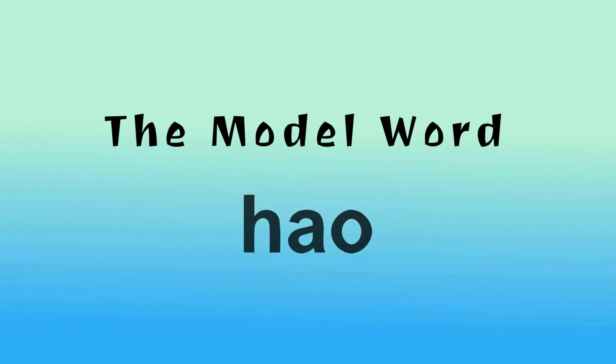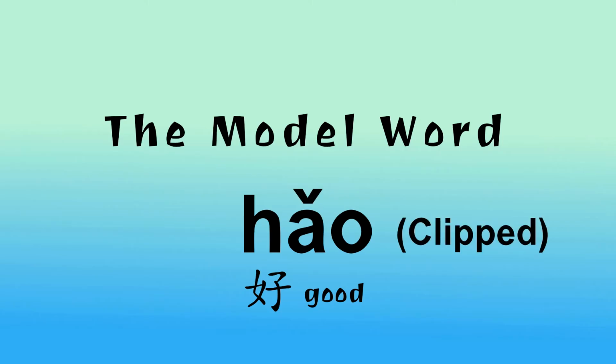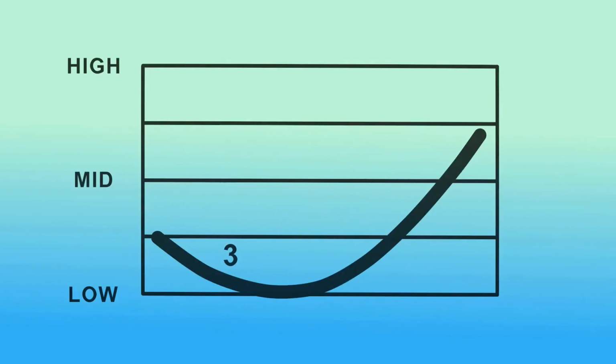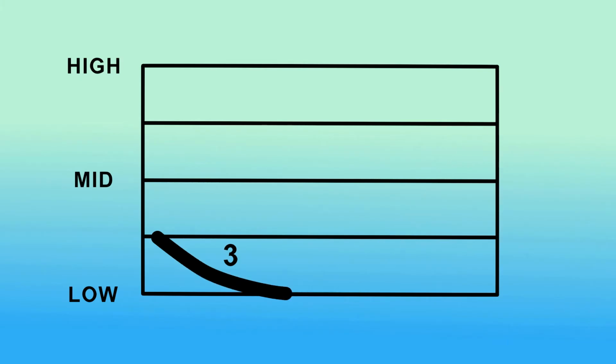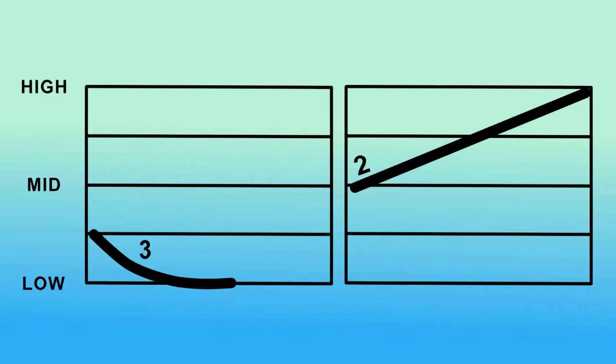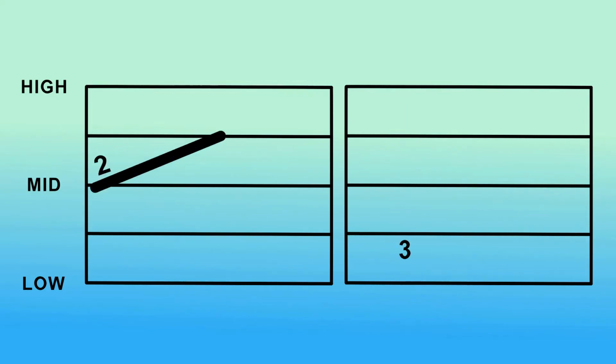The model word for the third tone is 好, which we've already gone over, but here it is again in both the full and clipped forms. 好，好，好。Now listen to some other third tone words standing alone with full emphasis. 果，也，你，指，耳，美，有，女。And here are some clipped third tones. 米，指，国，有。Here are some tone combinations with third tone in them. 北京，选择，努力，英语，如果，上海。